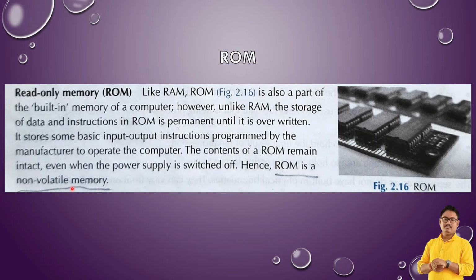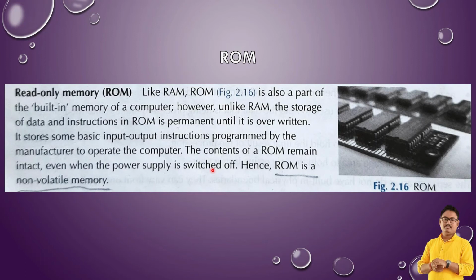So, ROM is what it actually is, unlike RAM. Why is it called unlike RAM? Because RAM is accessed randomly, and when it is switched off, the data is lost. But unlike RAM, ROM holds permanent instructions, until it is overwritten. These instructions are programmed by the manufacturer when the computer is manufactured, to operate the computer. And because of that, ROM is called non-volatile, because it remains intact even when the